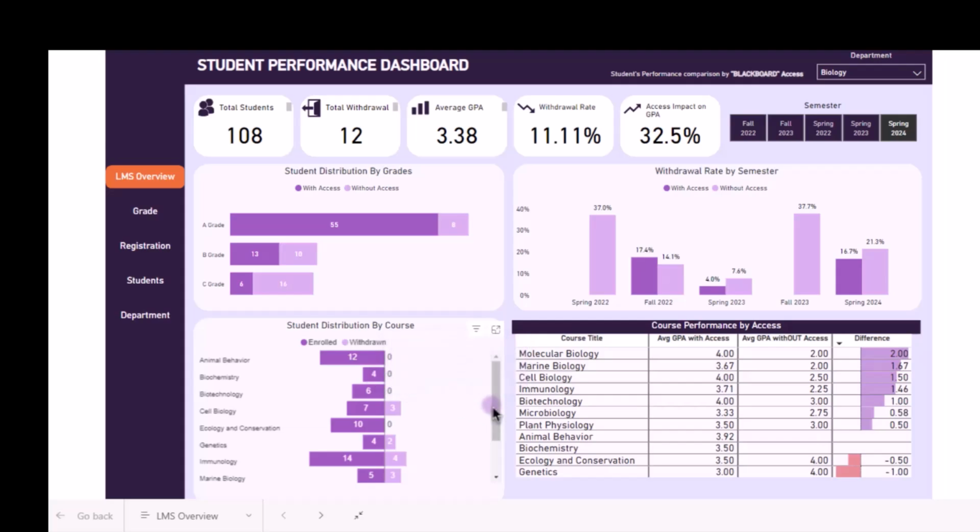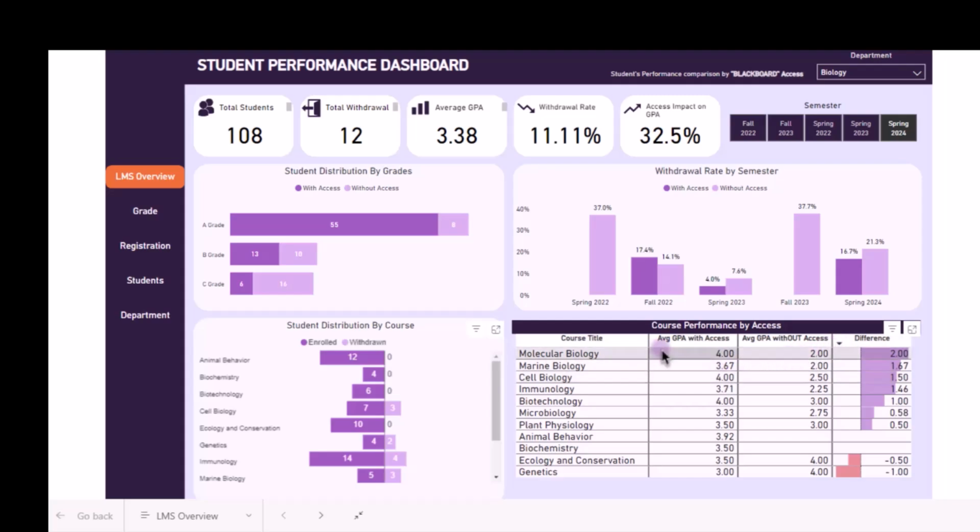Moving forward to our last visual of the dashboard, which is course performance by access. This is a table visual. This table compares the average GPA of students with access to resources versus those without for various courses. The final column shows the difference in GPA.